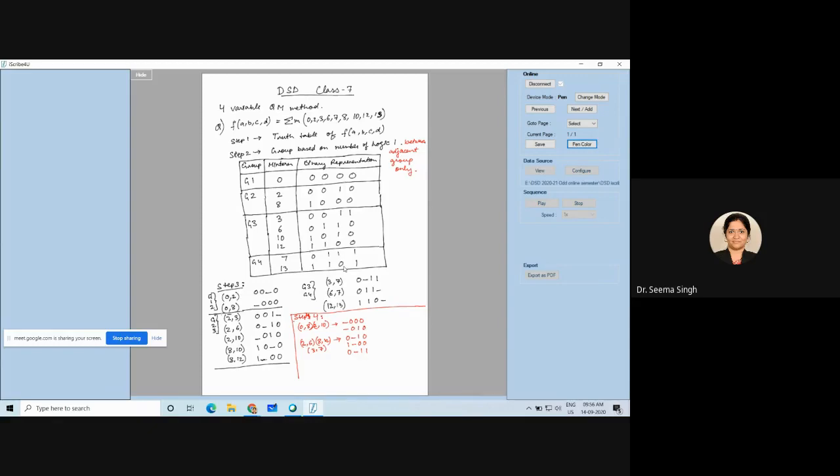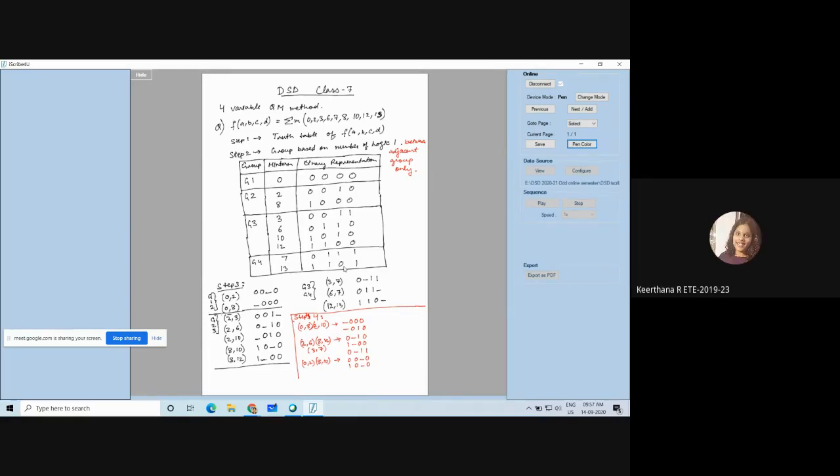Okay. Next we have to see third place dash. Which one is there at third place dash? 0, 2 and 8, 10. 0, 2 is written as 0, 0 dash 0. And 8, 10 is 1, 0 dash 0. Okay. Coming on to the fourth place.